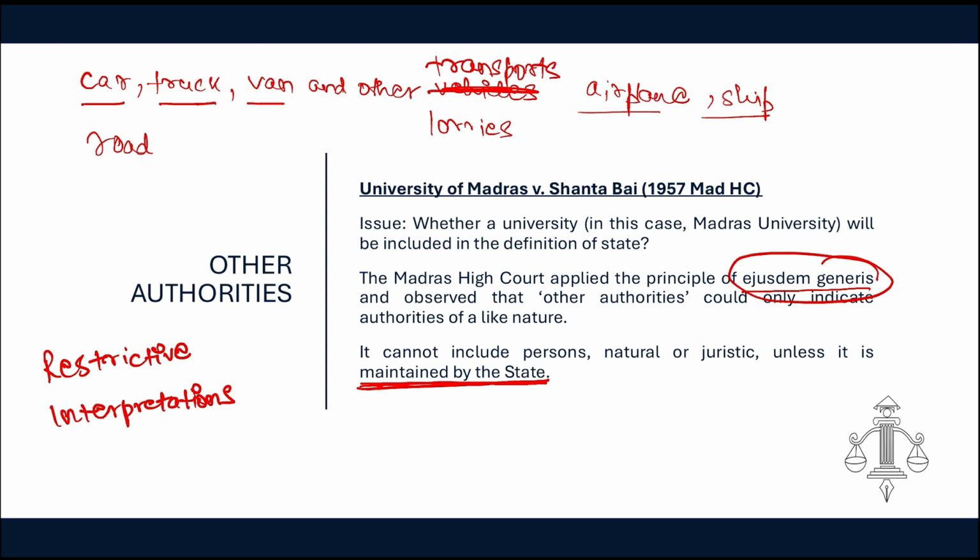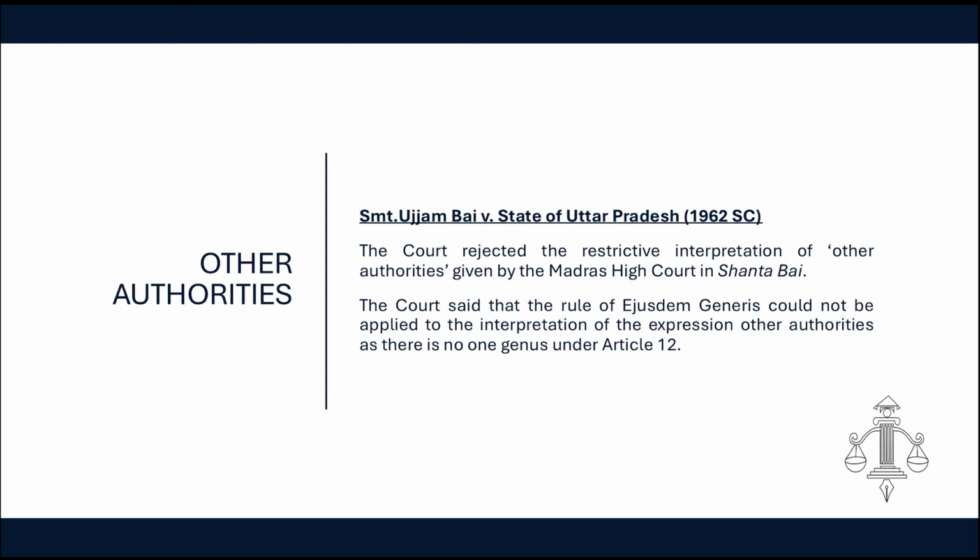Now let's move on to the next judgment. Srimati Ujjambai versus State of Uttar Pradesh. Okay. Now the view which was taken by the Madras High Court in the previous judgment, Ujjambai versus State of UP, the court rejected this restriction to the interpretation of the words other authorities given by the Madras High Court and said that the rule of ejusdem generis,